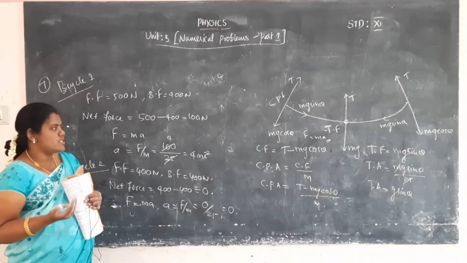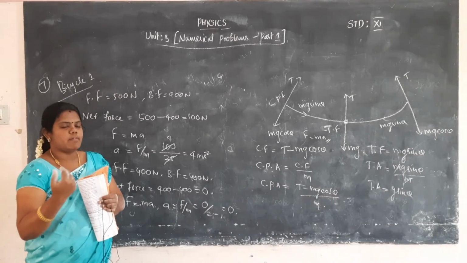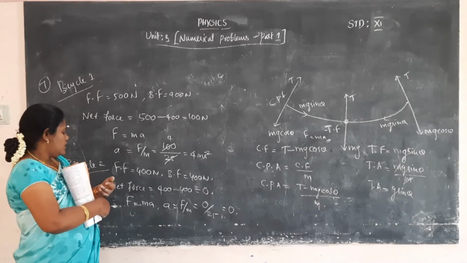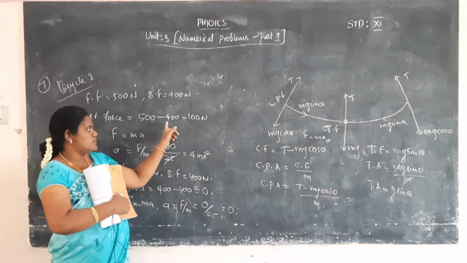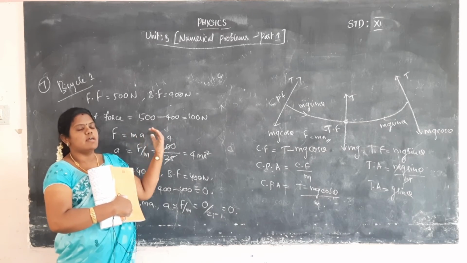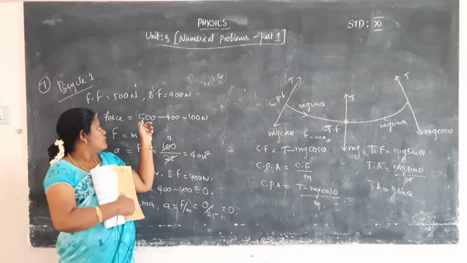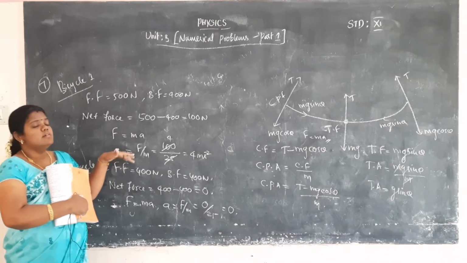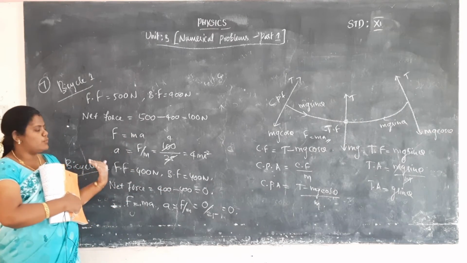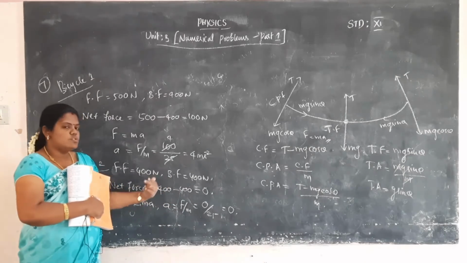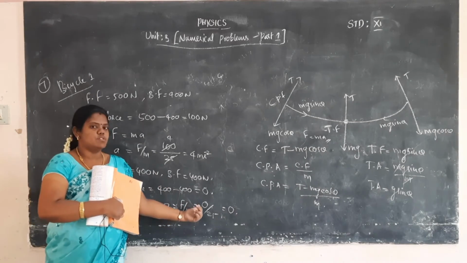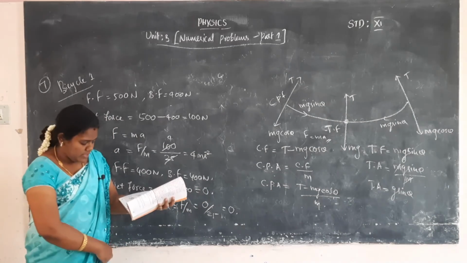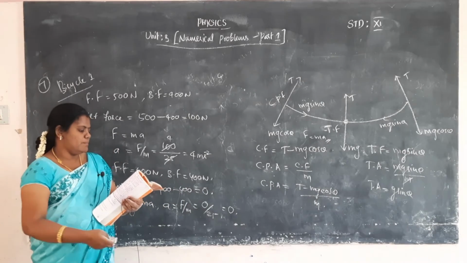So, two bicycle pictures are there. For the first cycle, the forward force and backward force are given. So we easily calculate the net force on the bicycle by adding the two forces, that is 500 minus 400, where 400 is the backward force, which equals 100. So we easily calculate the acceleration. For the second, the forward force is 400 and the backward force is also 400, so the total force will be 0. So acceleration is F by m, 0 by 25, so the acceleration is 0. Okay.